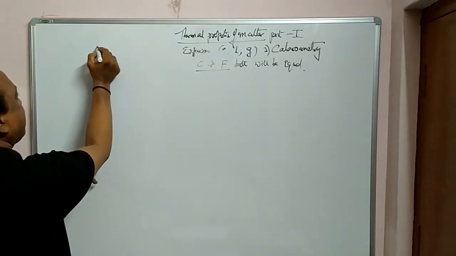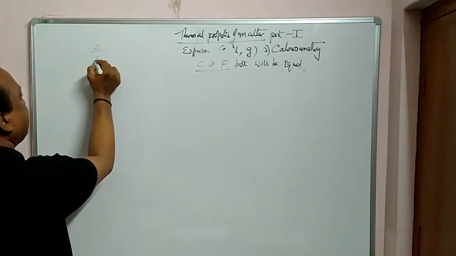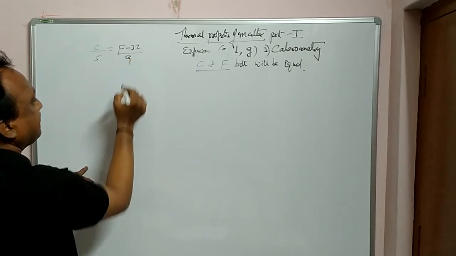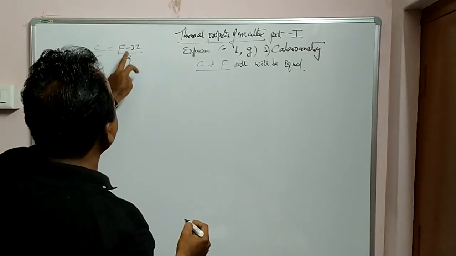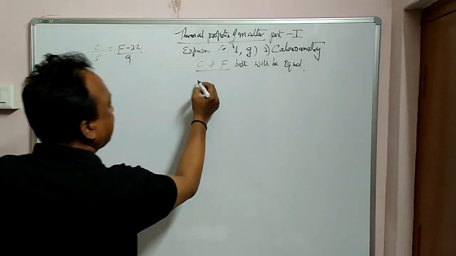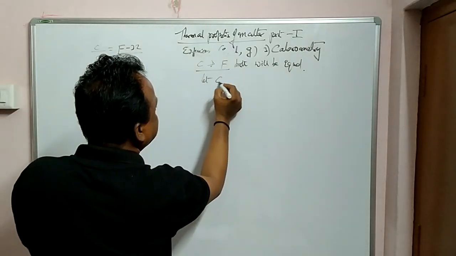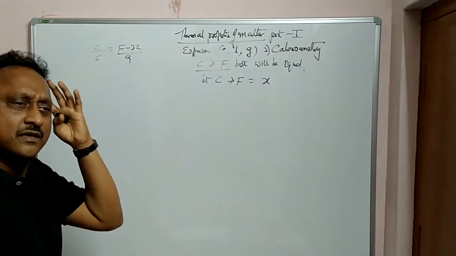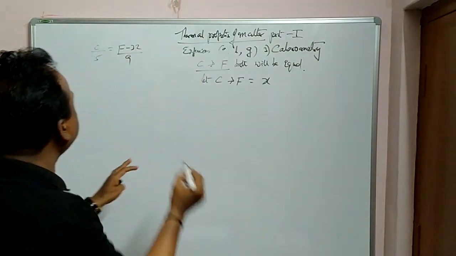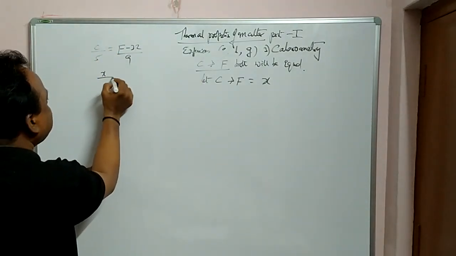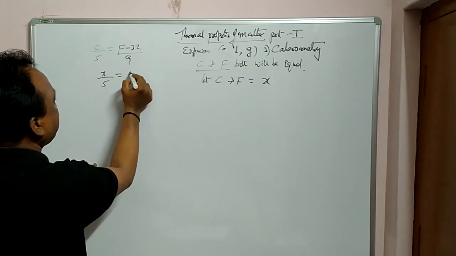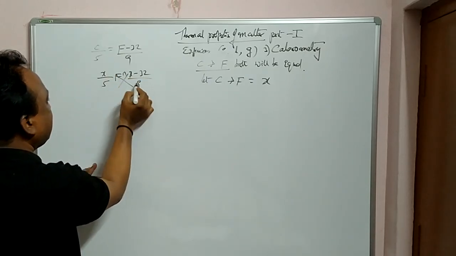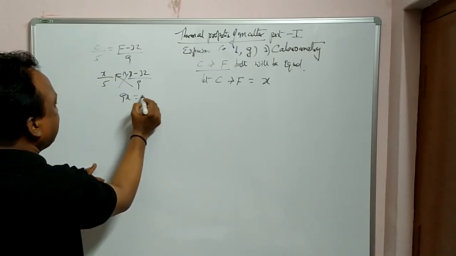So for this what you have to do? Take the formula, standard formula. C by 5 is equal to F minus 32 by 9. Or C is equal to 5 by 9 into F minus 32. ఎలాగైనా చేసుకోవచ్చు. నేను అనుకోండి, let centigrade and Fahrenheit are both equal at x degrees. Both equal అన్నాడు కదా, let it be at x. అప్పుడు ఏమవుతుంది? x by 5 is equal to x minus 32 by 9, cross multiply,